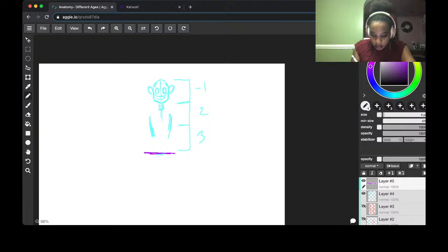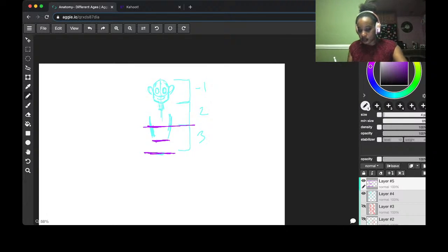I would say that your chest, if you really want to measure this out, your chest is about the end of the second head. So right here is about where the top of your chest stops. If I want to know where my waist is, I know the waist is between the end of the second head and in the middle, in between that and the bottom of the third head. So this is where I know my waist is. So now that I know my waist is there,